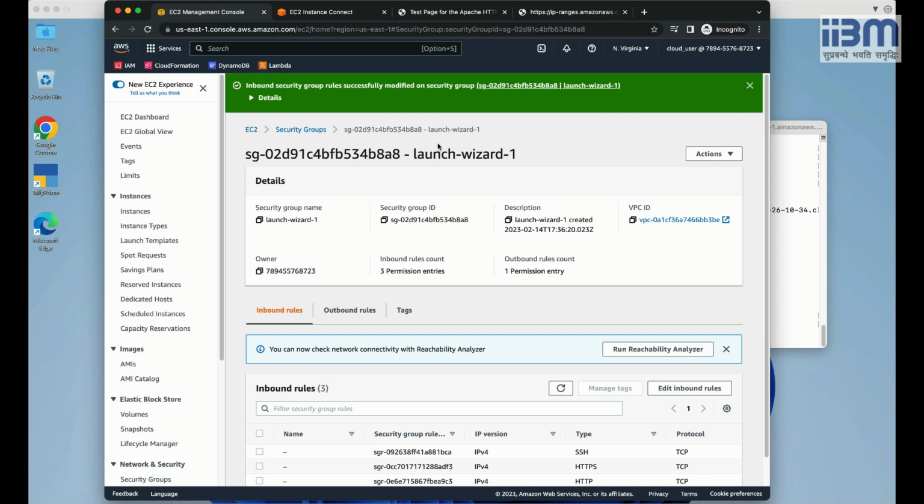Now we are done with learning how to launch the instance, how to connect to the instance, and then how to even secure the remote connection to the instance using SSH. So I'm sure you'll be able to make best use of it. Now, before closing your browser, when you are going to do the lab in the AWS Academy, which you have access to if you are a student of Indian Institute of Business Management Patna, then